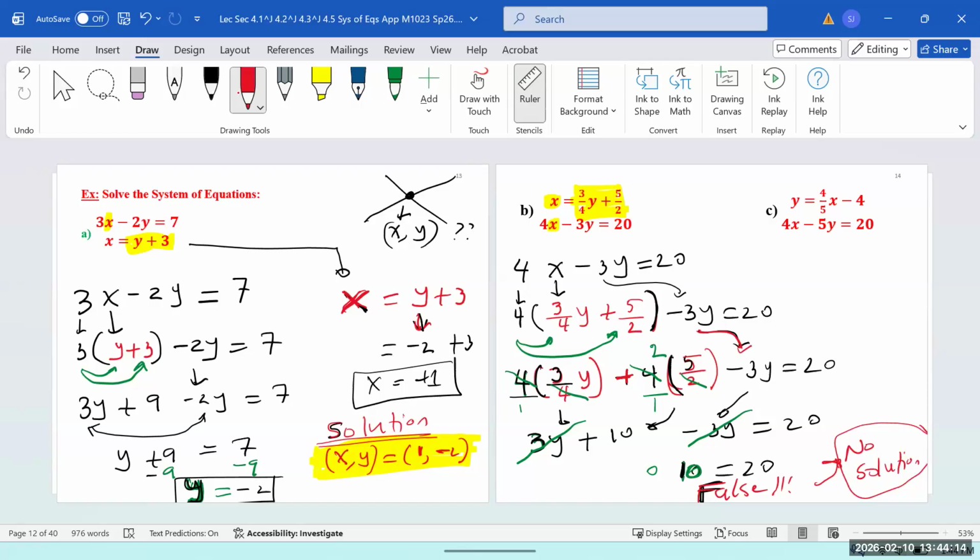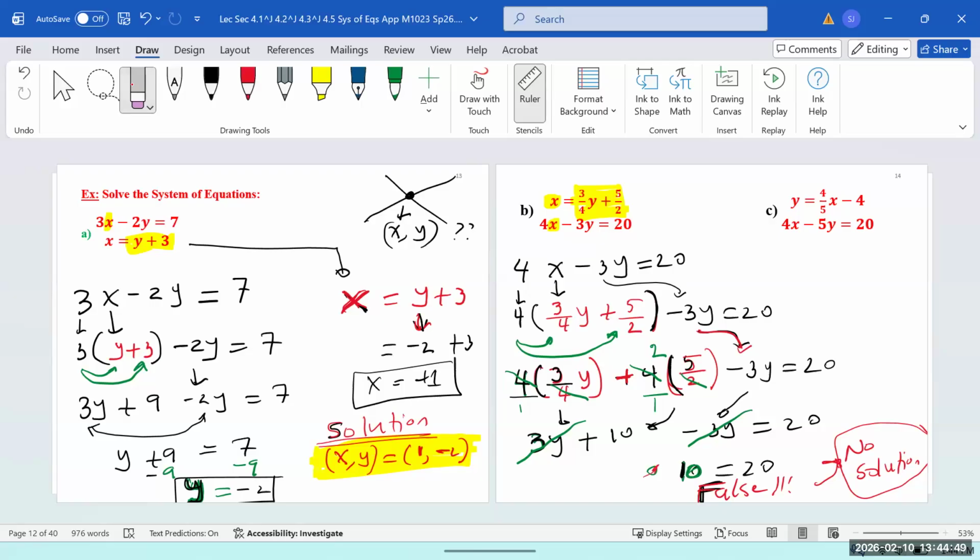I said before, if you see fractions, either the answer will be no solution or infinite solution. Not always, okay? Only in this class, and I'm not sure about my method. These are from the final exam. So in the final exam, if you see fractions, most likely it's either no solution or infinite solution. Even if you do have a real solution, the y's or the x's are not going to cancel, so you're able to solve and keep going. Here, you cannot solve anymore because all the variables got canceled out.